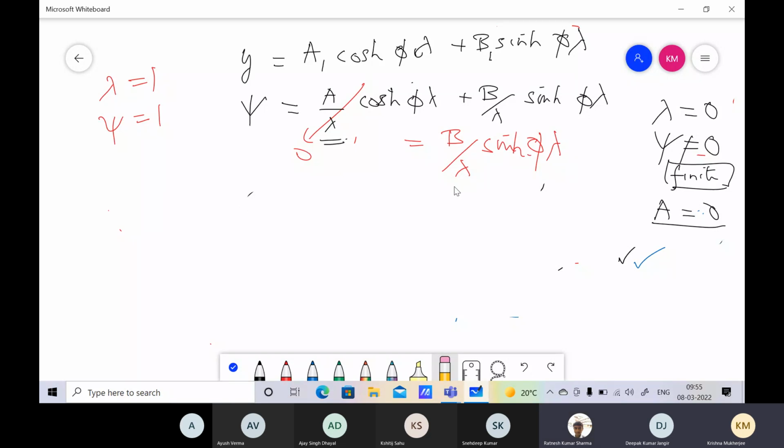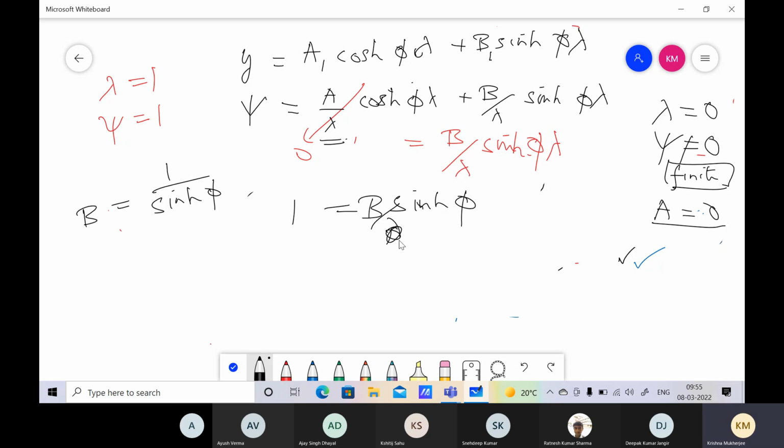We have psi is equal to b by lambda sine phi lambda. We are running out of time. So 1 is equal to b by lambda, and lambda is also 1. So b sine phi, okay. So b is equal to 1 by sine phi. And so we have CA by CAS is equal to